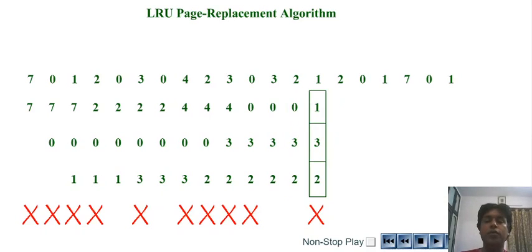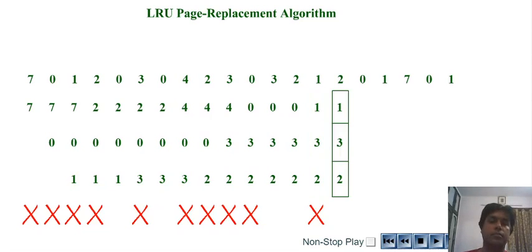Okay, now we want to bring 2 in my memory. As you already know, the next request is for 2, and 2 is already there in my memory in one of the frames, so there is no need for any swap in or swap out of pages. So again, it is a clear indication of a page hit.